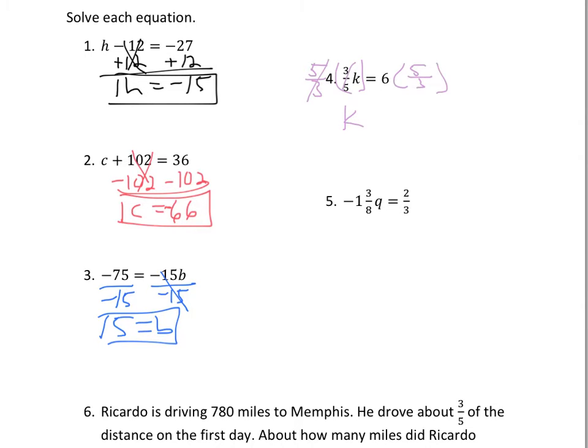Now remember that 6 is the same as 6 over 1. So we can cross cancel the 3 and the 6. And you're left with 2 times 5 over 1 times 1, which is just 10. And the last one here,